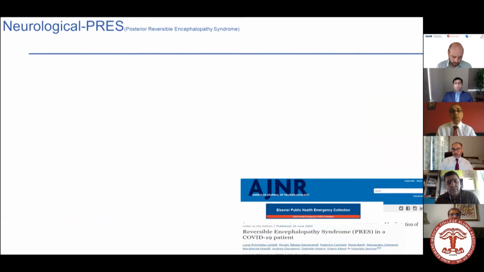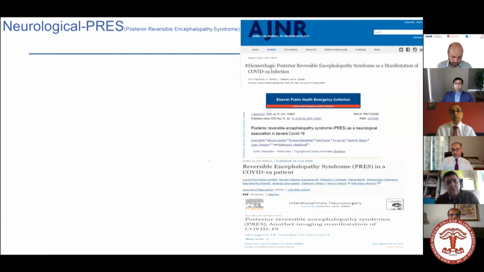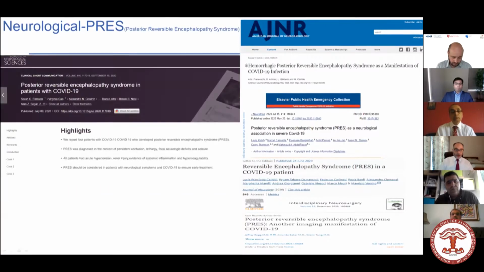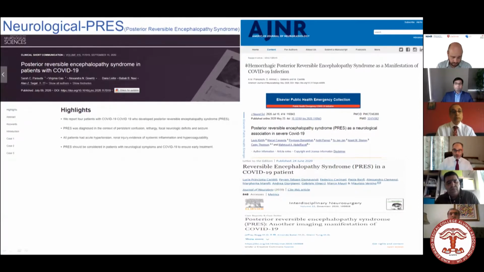So there have been several reports. On the right, you can see that PRES cases associated with COVID-19 have been many more than this as well. This is a nice article, again, from the Journal of Neurological Sciences, which showed 4 patients with COVID-19. What it showed is that the patients were presenting with confusion and seizures, and the one common thing with them was hypertension. So if you control hypertension well, if they did not have labile hypertension, they might prevent these features, or they might prevent the progression of PRES as well.